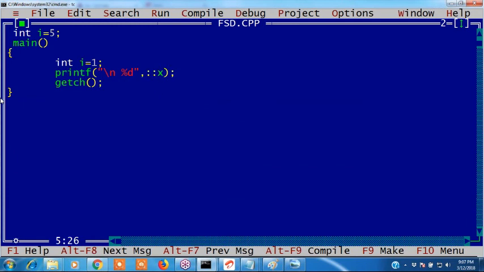We can't access it. If the local and global variables have the same name, we can't access the global one in C. In C++ the scope resolution operator is there. Without it, if I say x, it gives priority to the local variable. If I write the scope operator before x, then it gives priority to the global variable. Clear? But in C language there is no such operator.